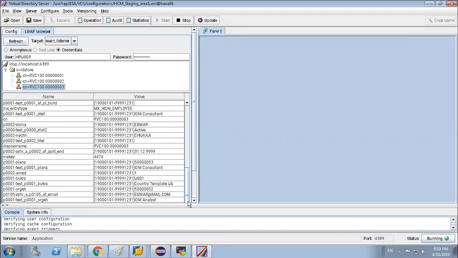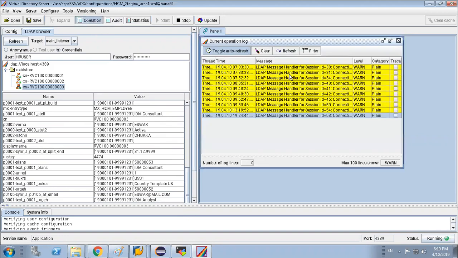One more thing, Samrat mentioned that operation, they can check the logs in the top operation tab. Yes, in the top operation tab, you also can check the log, whether it is connecting to this VDS server or not.